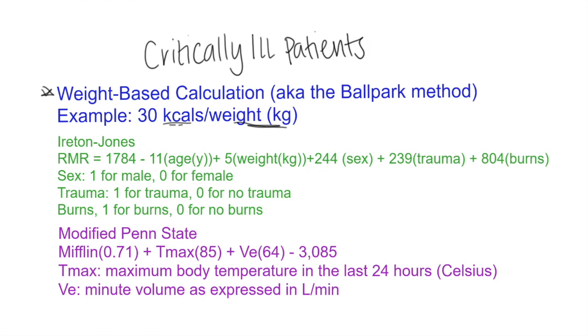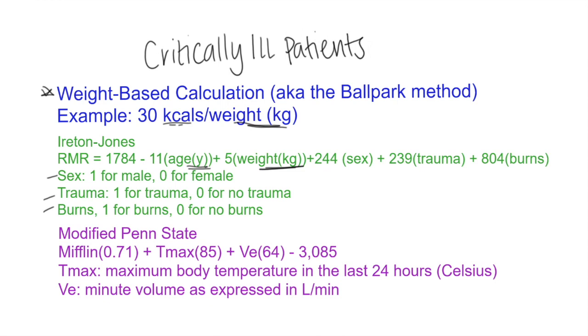The next one we had mentioned is that Ireton-Jones calculation. The Ireton-Jones calculation is pretty interesting because we, for the first time compared to our healthy patients, are seeing just a singular equation that does not include any separation for the sex of the patient. So in this particular equation, they're calculating that resting metabolic rate using a large variety of variables. So you can see here we're going to be utilizing age, we're going to be utilizing weight in kilos, and then you'll see that there are actually three variables, one for sex, one for trauma, and one for burns,